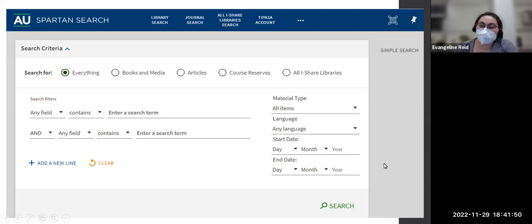But the reason why this is really important is because searching in a library database is very different from searching on Google. If you searched on Google and you wanted to know how music therapy helps people with anxiety, you might type in that exact question. Whereas on this type of